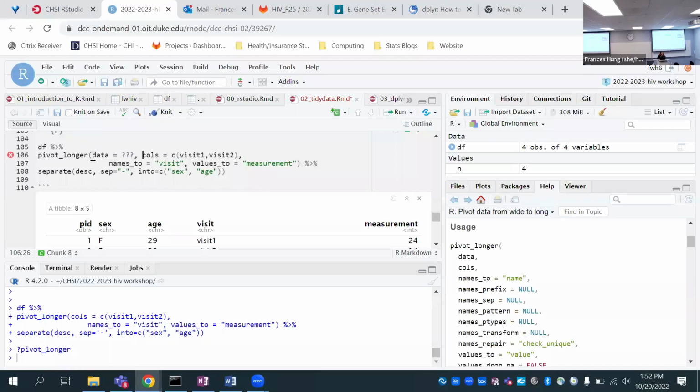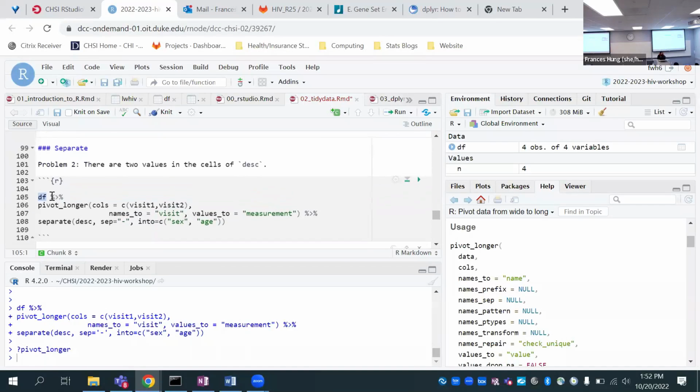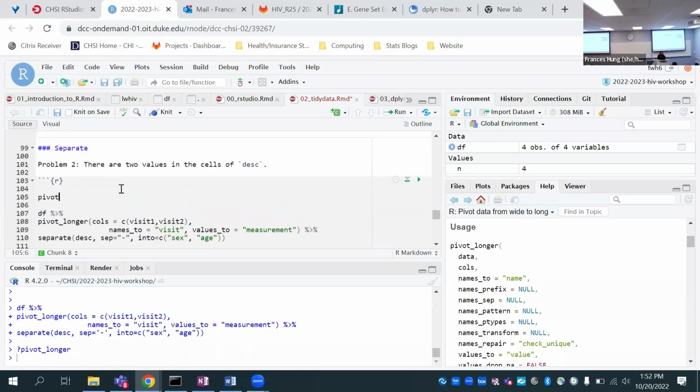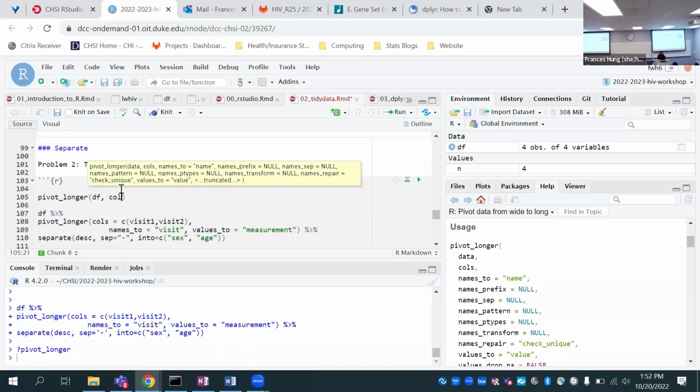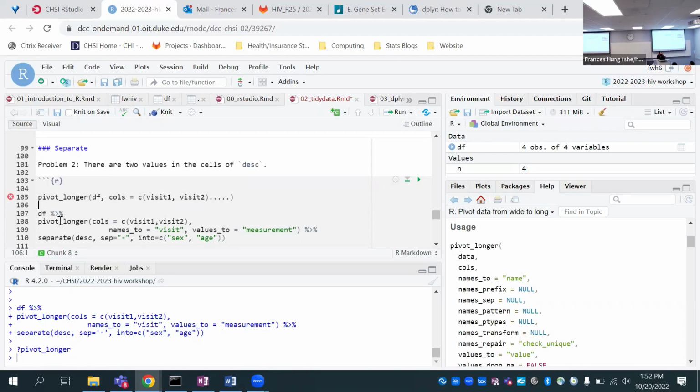That's because the pipe passes on the preceding object and designates it as the first parameter in the next function. So df pipe pivot longer is the same thing as saying pivot longer df, cols equals visit 1, visit 2, and so on, right? So this pipe just takes whatever's preceding it and plugs it into the first parameter argument of the next function.